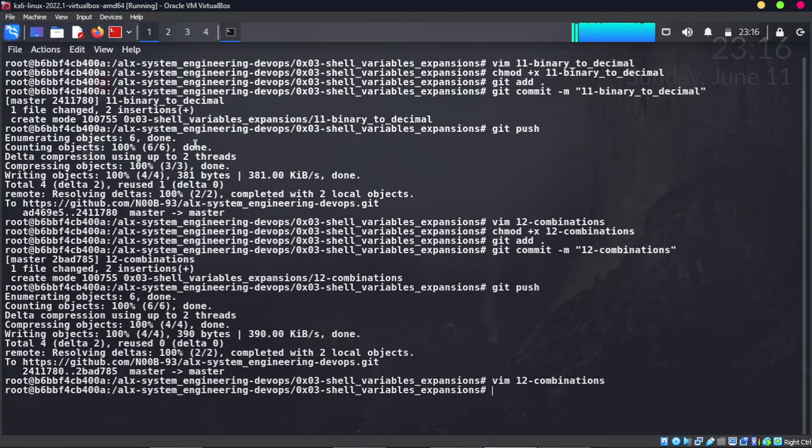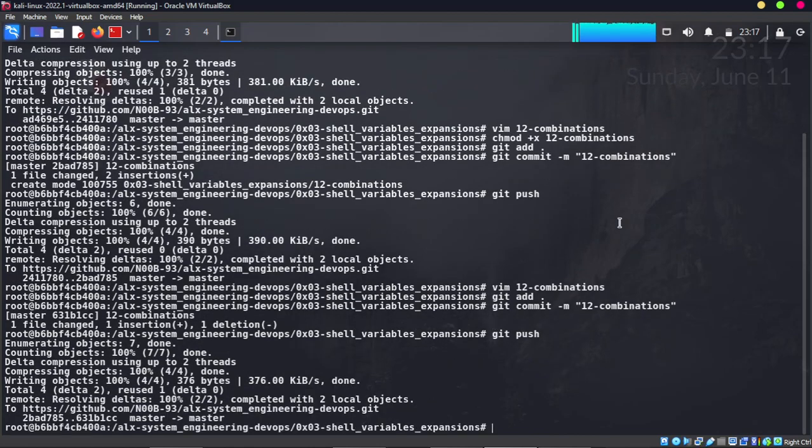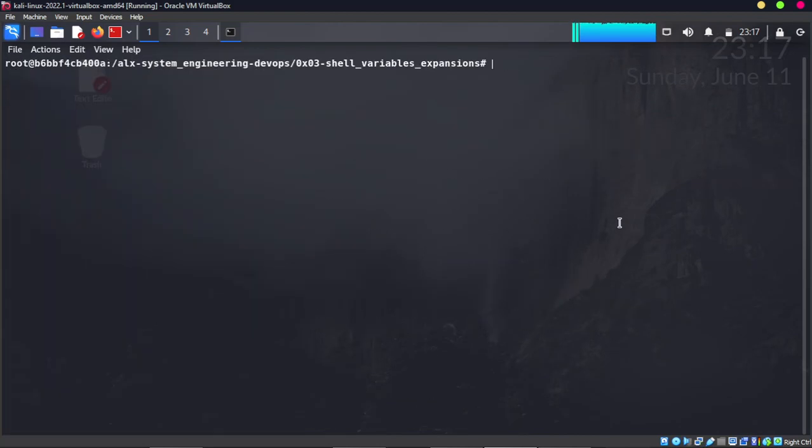So I don't need to make it executable again. Let me just git add. Sorry about that. git commit -m, then the file name, then git push. So you can see, guys, one needs to be really careful with this thing so you don't